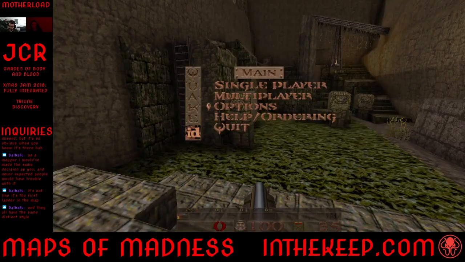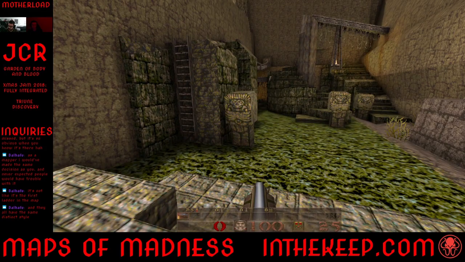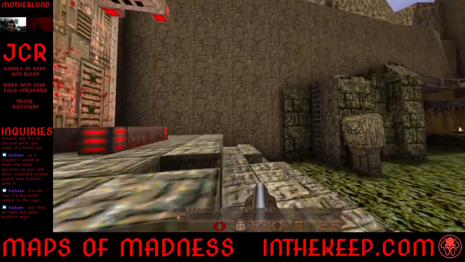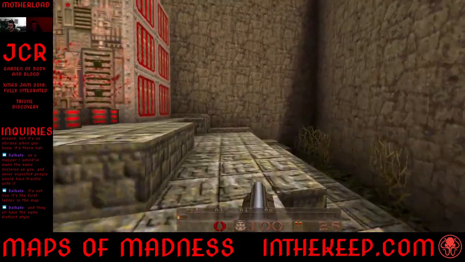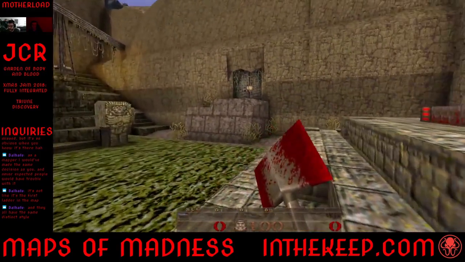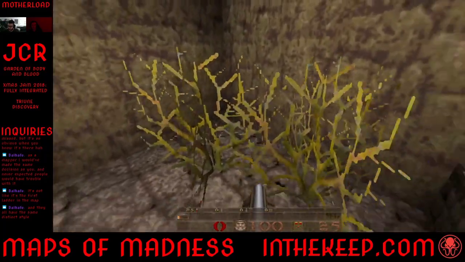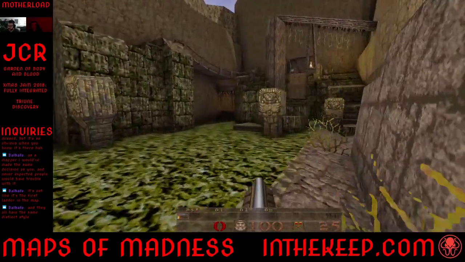So yeah, the theme for this is Aztec, and it's using progs that I created. I basically built this on top of Rubik 2, which is another excellent map pack. It features an item that I created called the jump boots, and it gives you the ability to